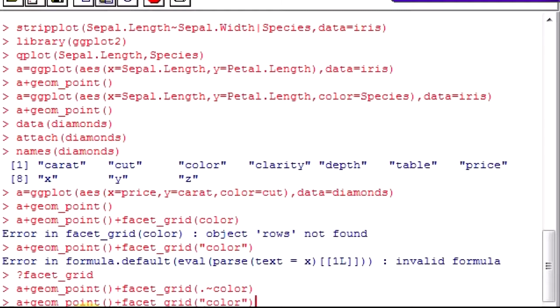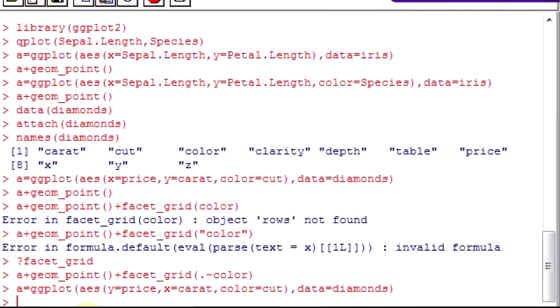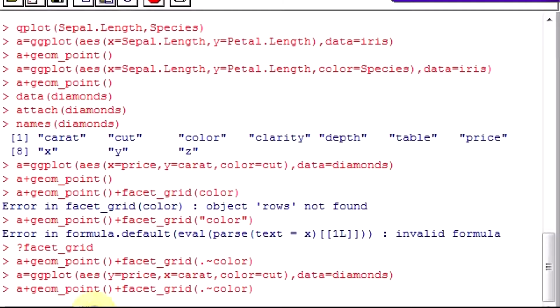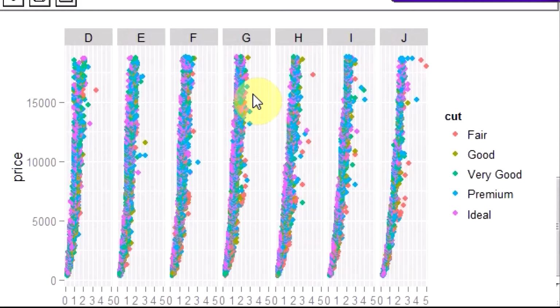Suppose I change the point from a, y is the price and x is the carat, okay? Then I did geom point, right? Now I can compare prices more easily. It makes sense to do it because carat size is relatively limited.